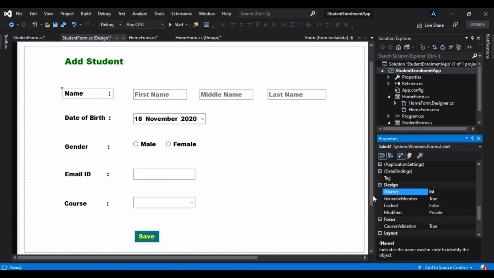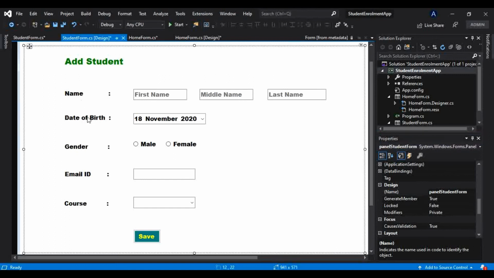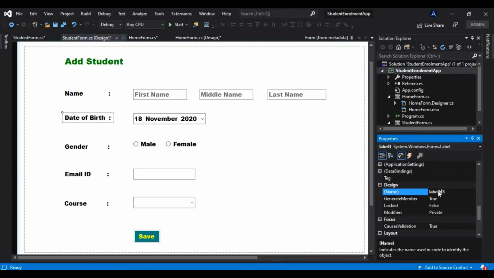Let's say LBL name, to the date of birth, maybe LBL date of birth, to gender LBL gender, to email ID LBL email ID, and to course LBL course.